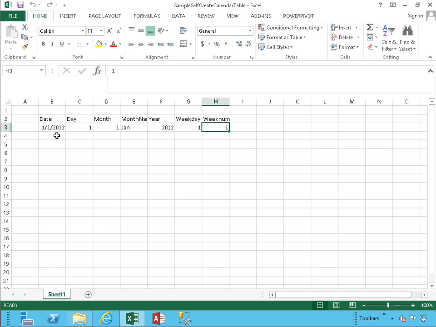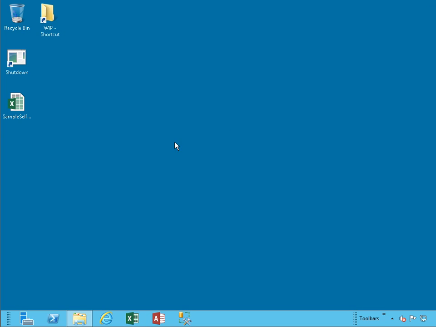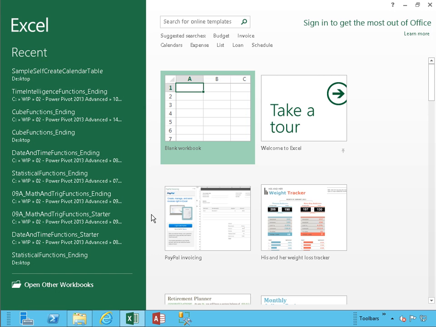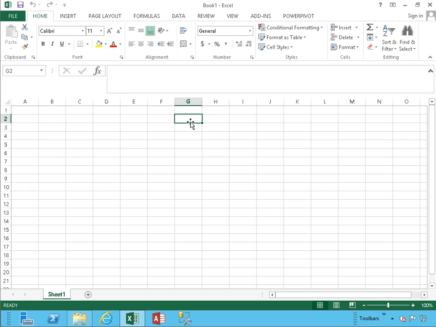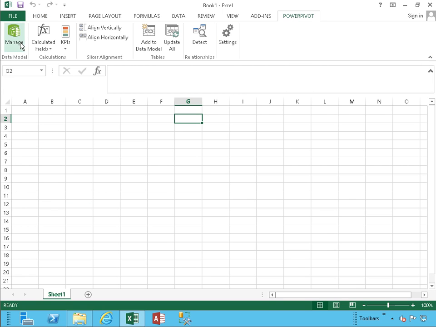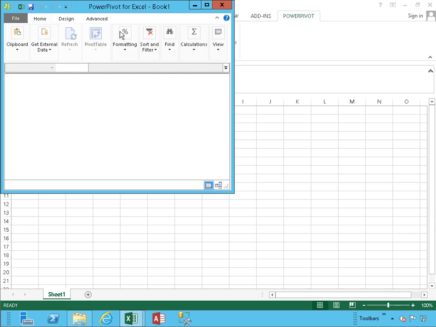Now, what if we want to go to the data marketplace and get our data free from there? Well, let's close this workbook, open Excel, a blank workbook, of course, and let's go into Power Pivot. You're already familiar with where I'm heading right now, into the Power Pivot window. I'm clicking on it, and we're getting